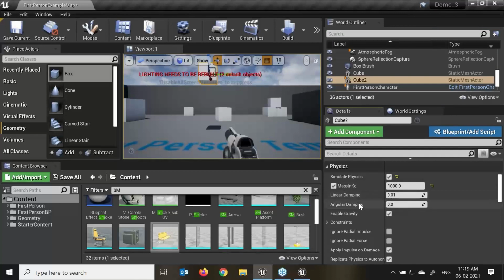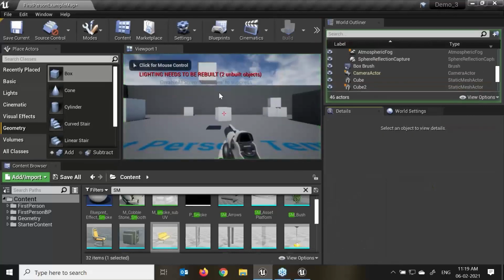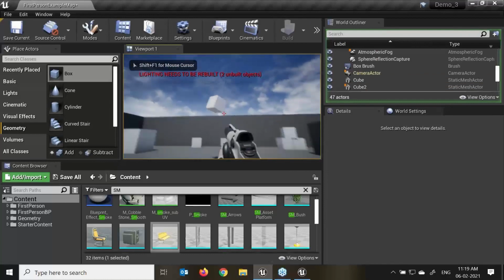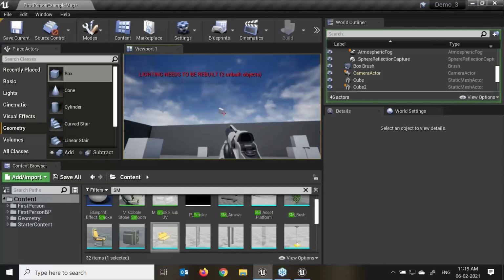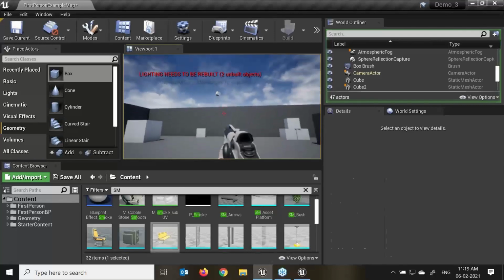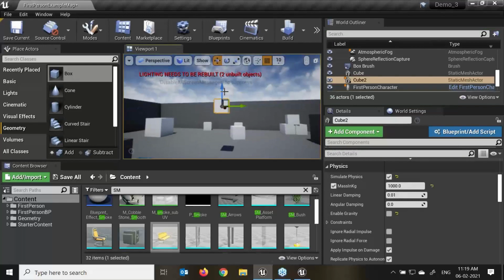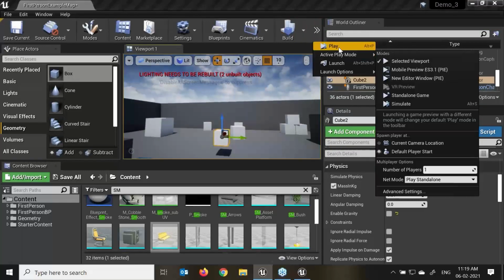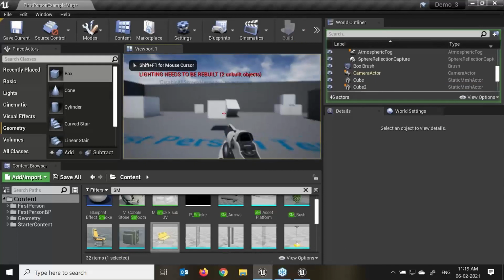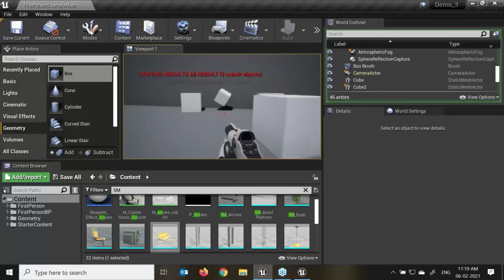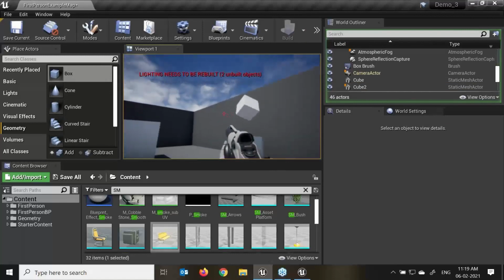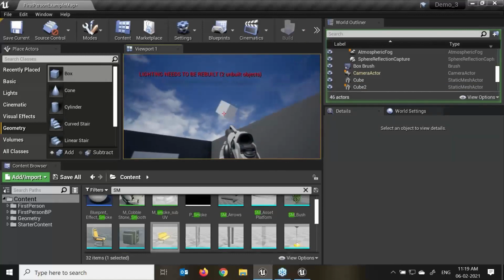Just below that, we have more properties: linear damping and angular damping. If I turn off Enable Gravity, now it will work like a space kind of thing. This will fly like a spaceship. Here we can see there is no gravitation applied to it, right? Escape again, zoom, drag it down more, stop and play. Here you can see there is no gravity applied to this. This will be continuous. This box or cube, the static mesh, is flying.